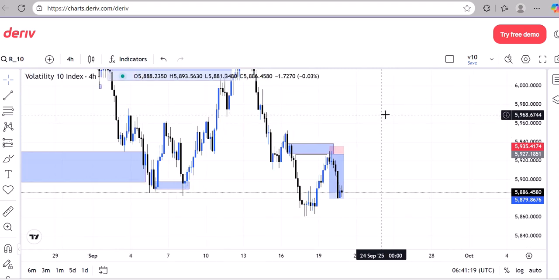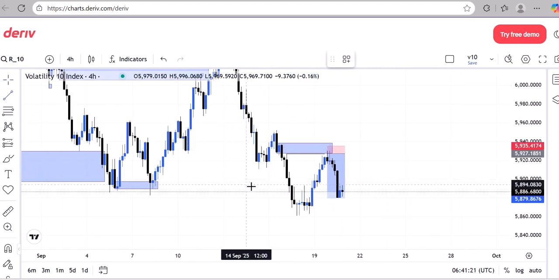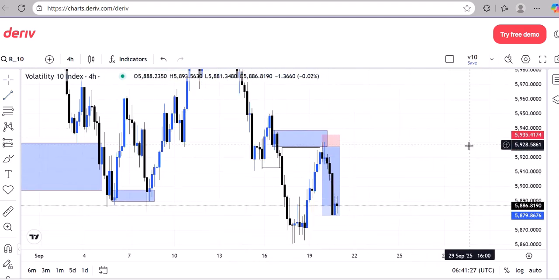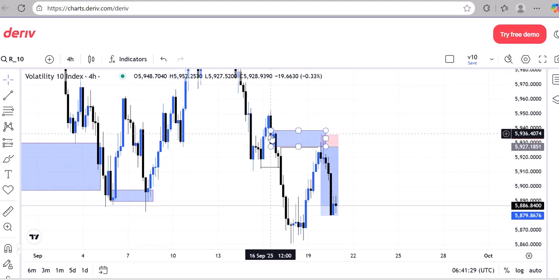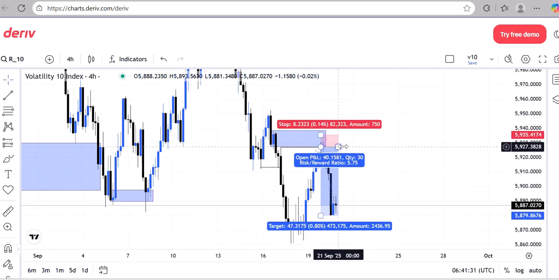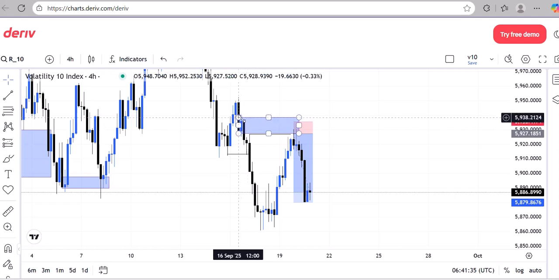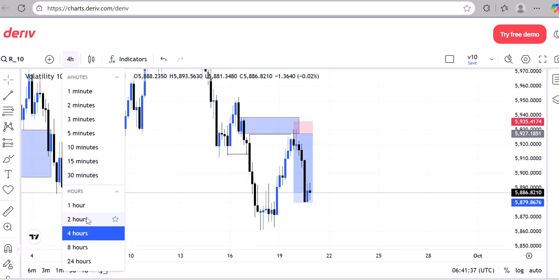So what did we do? We first of all spotted this zone. We spotted this break of structure to the downside. And this was the zone that triggered the break of structure to the downside. Okay, but we are still not seeing things clear. So what did we do? We go to our